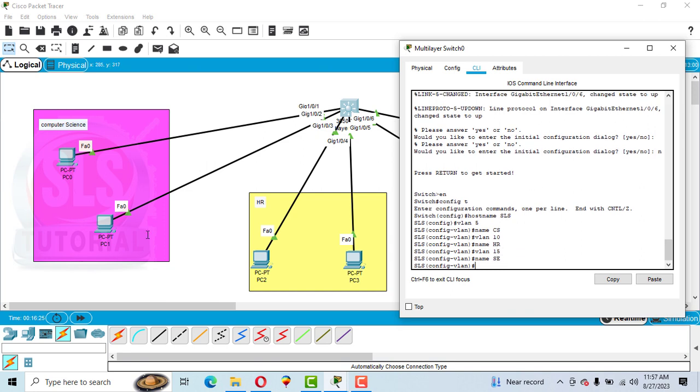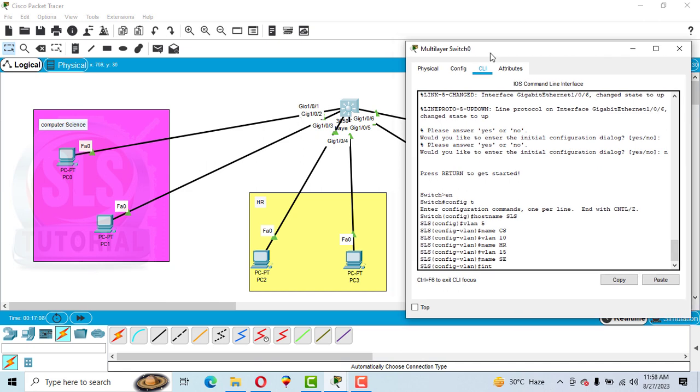Now enter the range of every department. For the first department, the port range is 1/0/1 and 1/0/2, because we have two PCs here. So write int. We can add these ports one by one, or we can add them by using the range command. We will try both commands here. The first one is using the range command, so int range